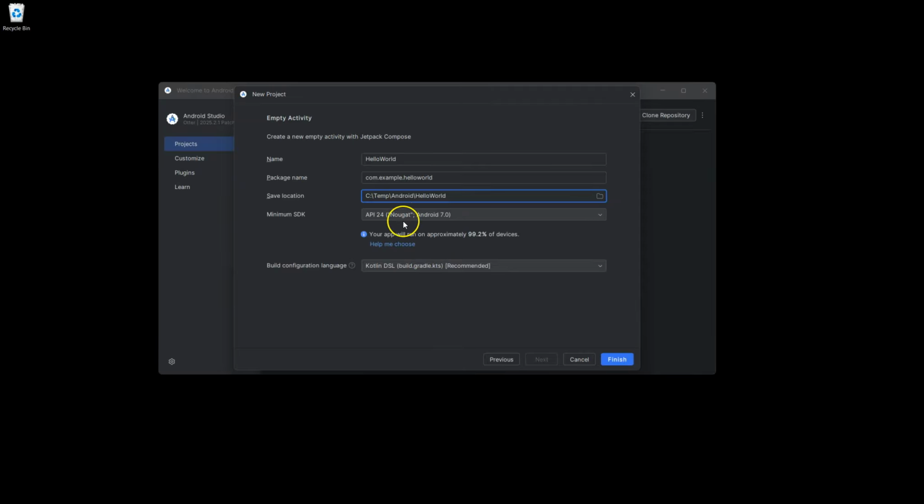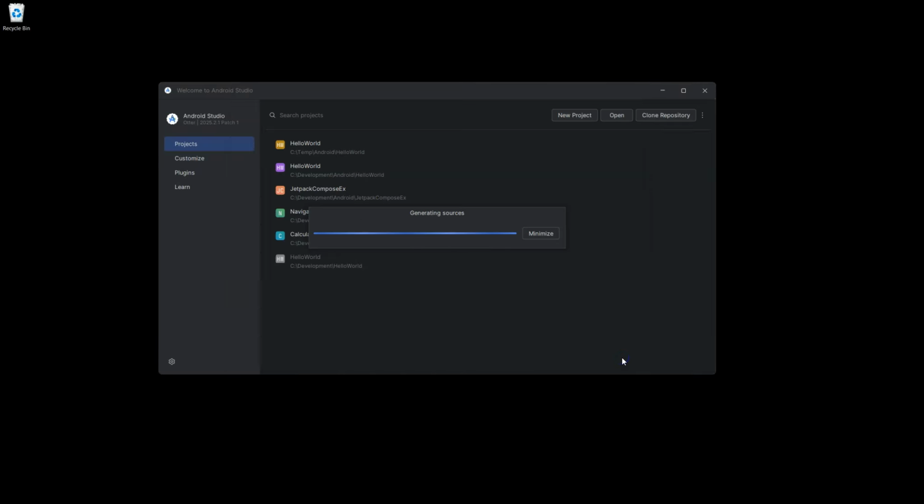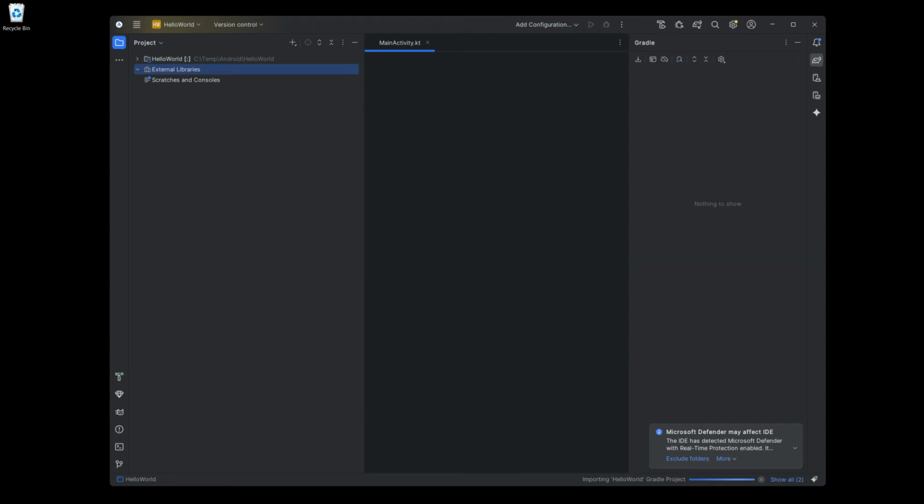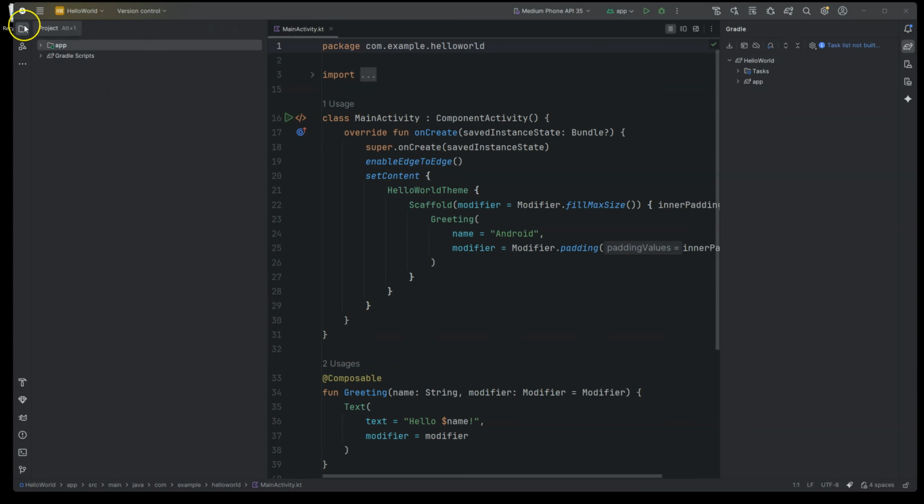Just leave it as default. Click finish in order to start creating the project based on this empty activity template. It typically takes a couple of seconds to get everything ready. So after a few seconds you will get this